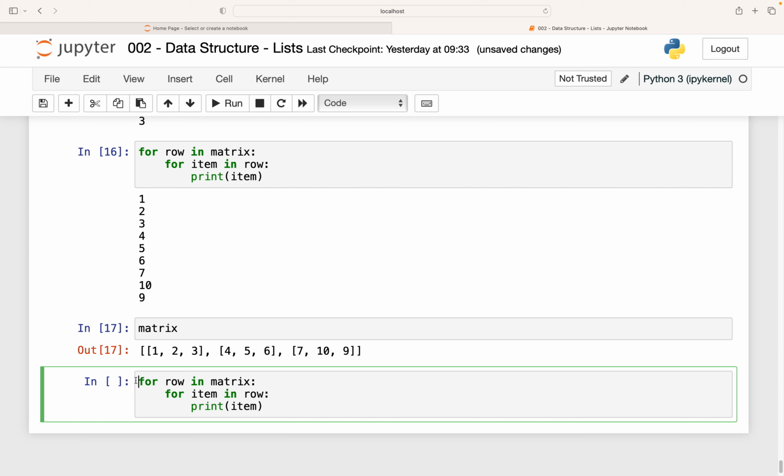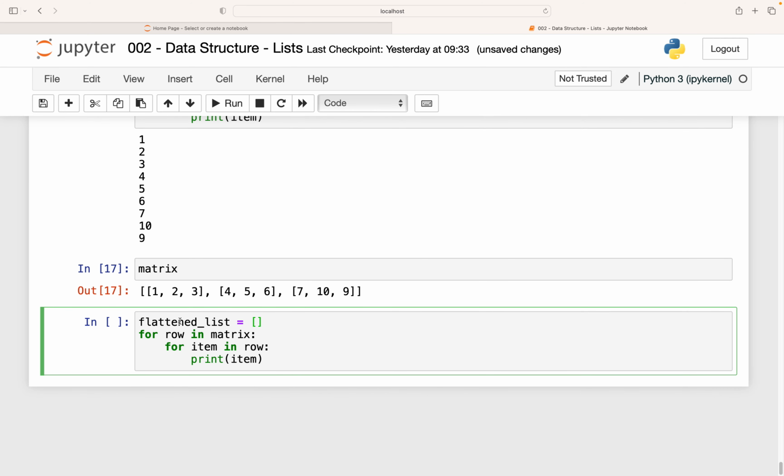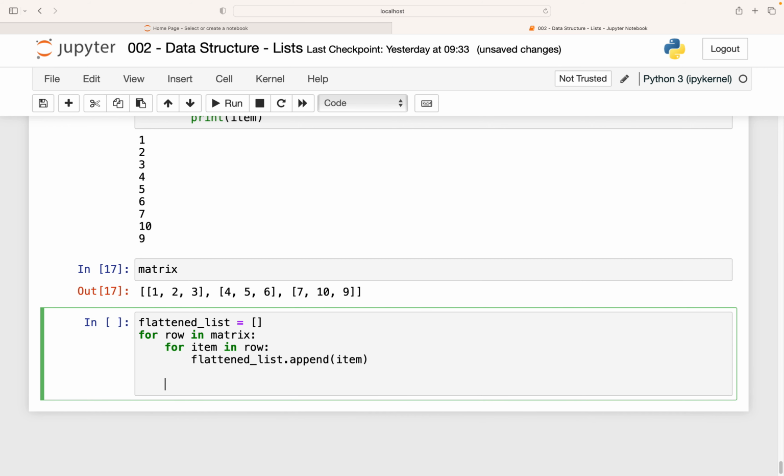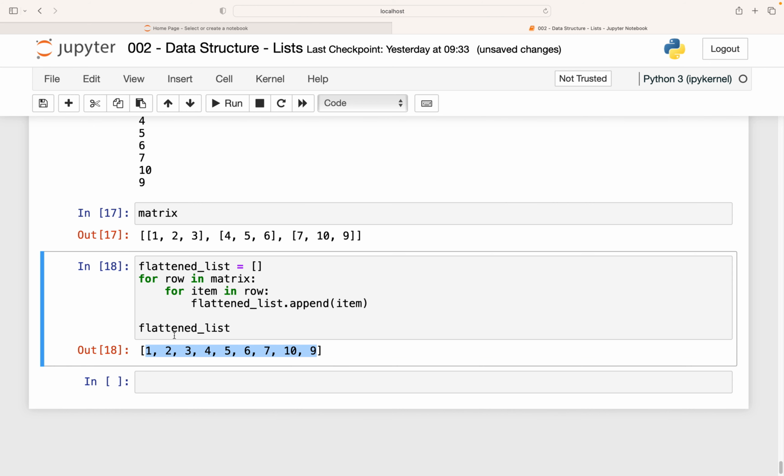So what I will do, I'll use the same code, right? So let's say I have a flatten list. I will create an empty list here. Instead of printing, what I'll do is append item, and then when I see the flattened list, you see I just appended every element into a single list. So this is called the flattening operation. So how we can flatten the list, we will see that in